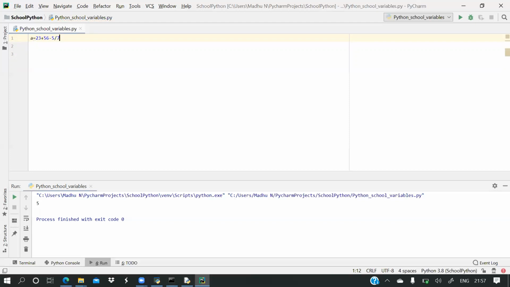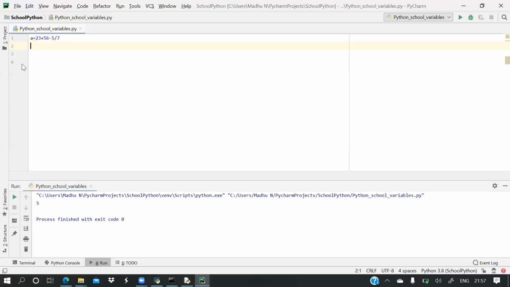Now how will this expression be evaluated? In mathematics we have the BODMAS rule, right? Bracket, of, division, multiplication, addition, subtraction. In the same way, Python also has the same rule to evaluate the expression. Now what will be the answer for this?